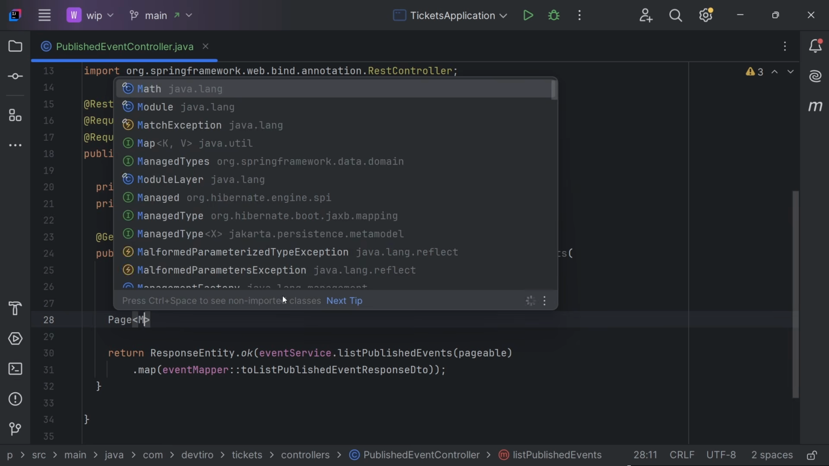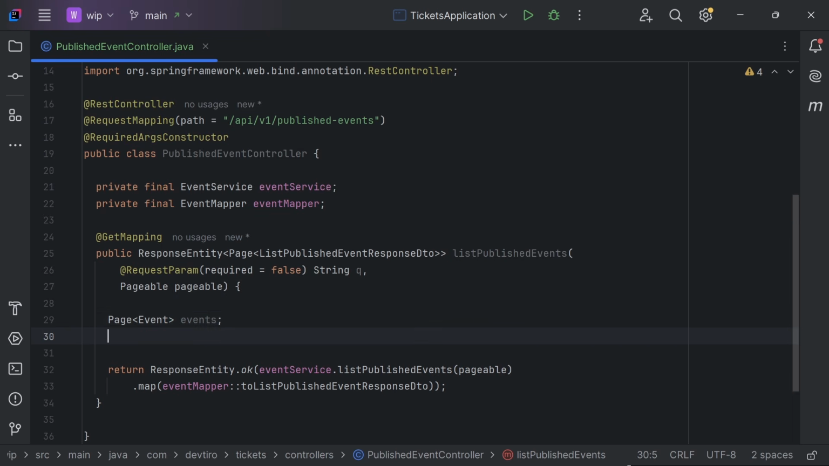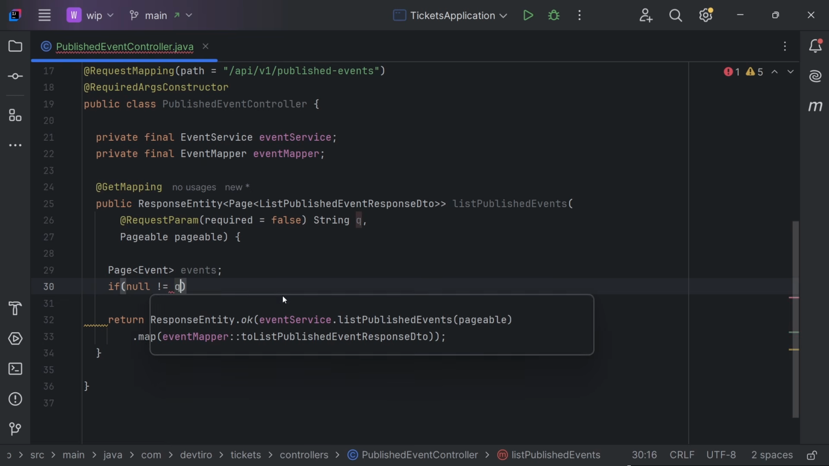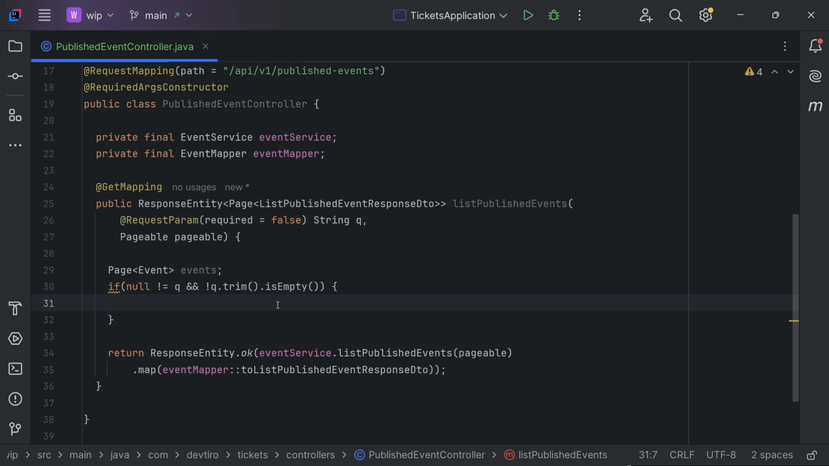So let's say we're going to have a page of events. We'll call this one events, like so. And now we're going to do an if statement. So if Q is not null, and we'll say Q.trim().isEmpty(), and then we'll put an exclamation mark at the front here. So if Q is not null and Q is not empty when we trim it, then we're going to say